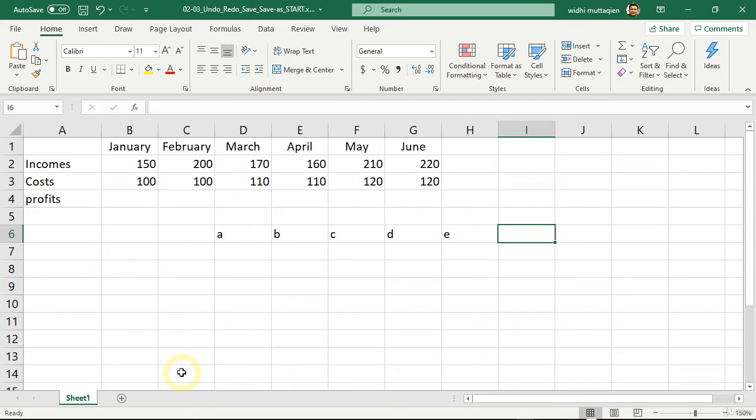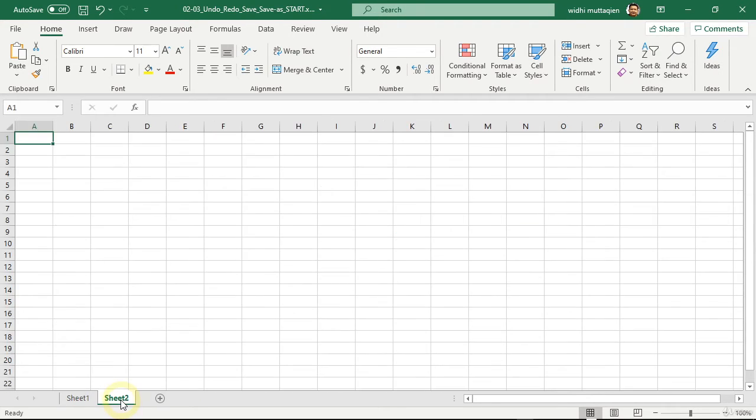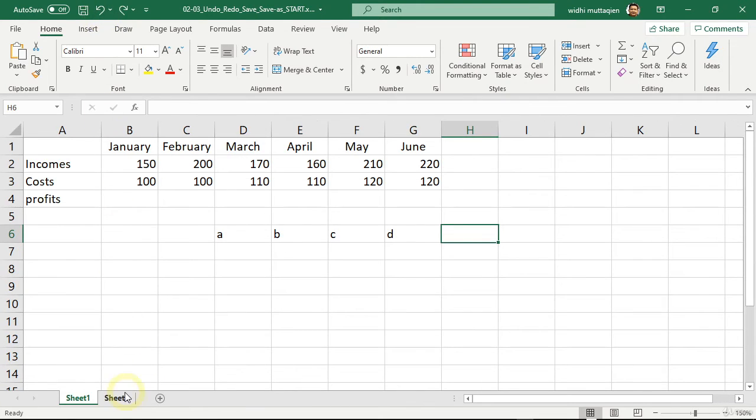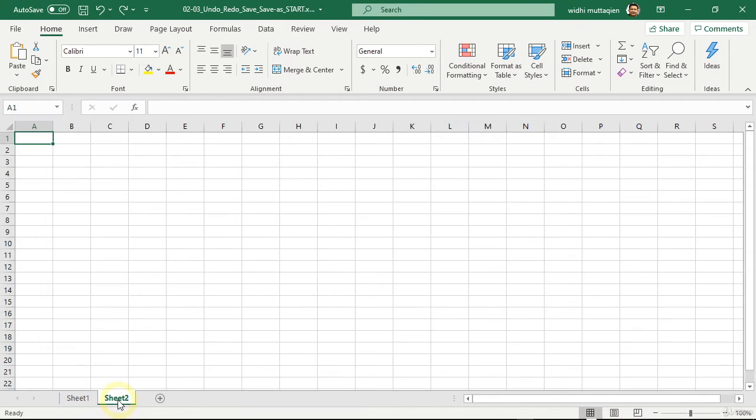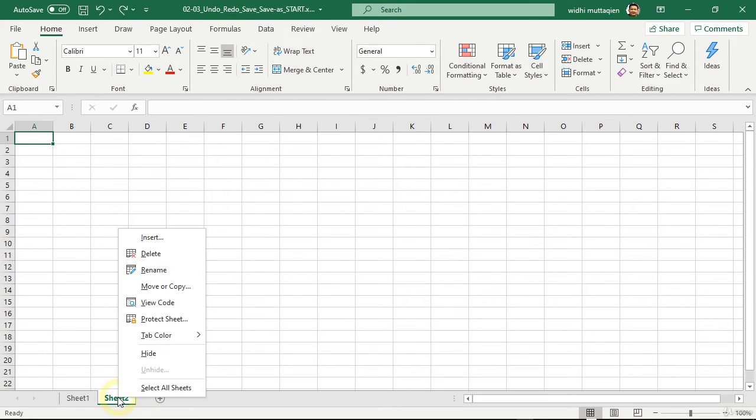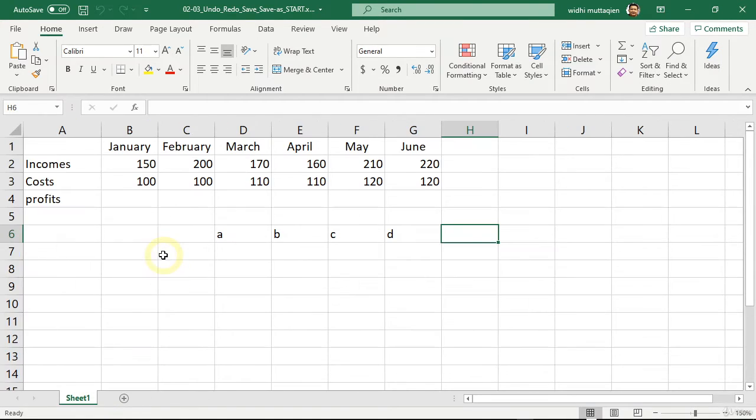To show you what I mean, you can click the plus button to create a new sheet. And if you try to undo, Excel will only move the focus to the previous worksheet, but it will not delete this new worksheet. And if you delete it, that is, by right-clicking and selecting delete, you cannot undo this